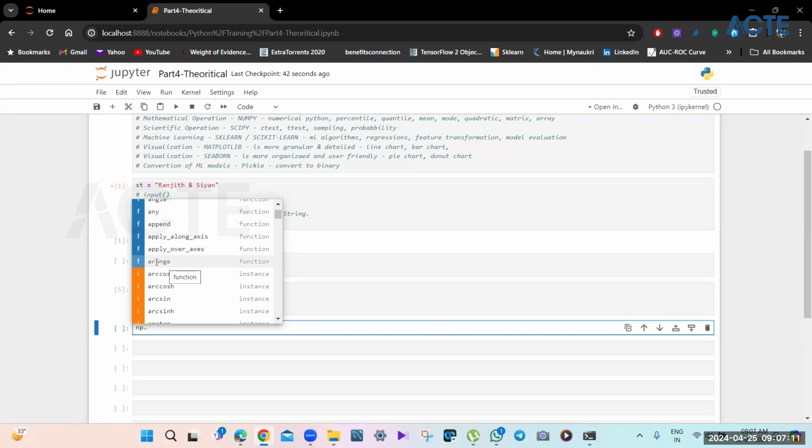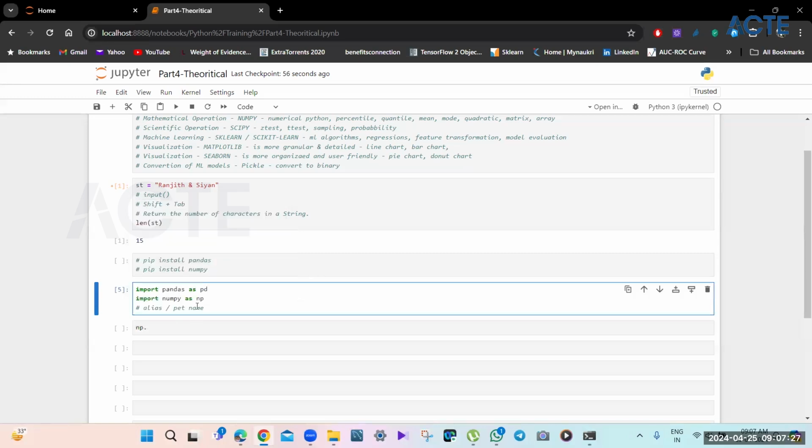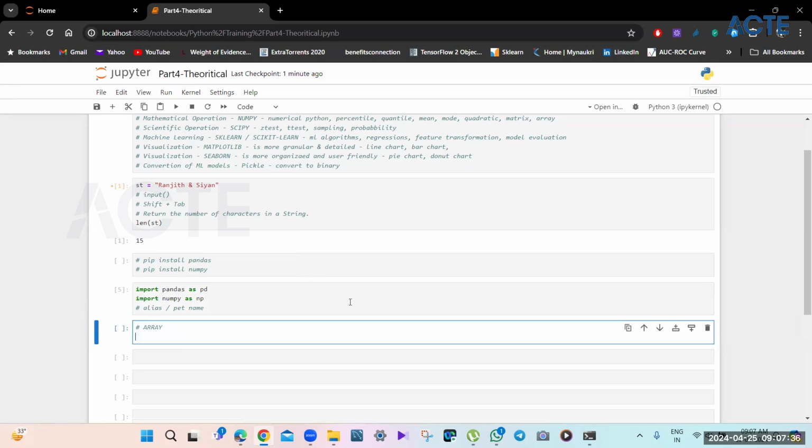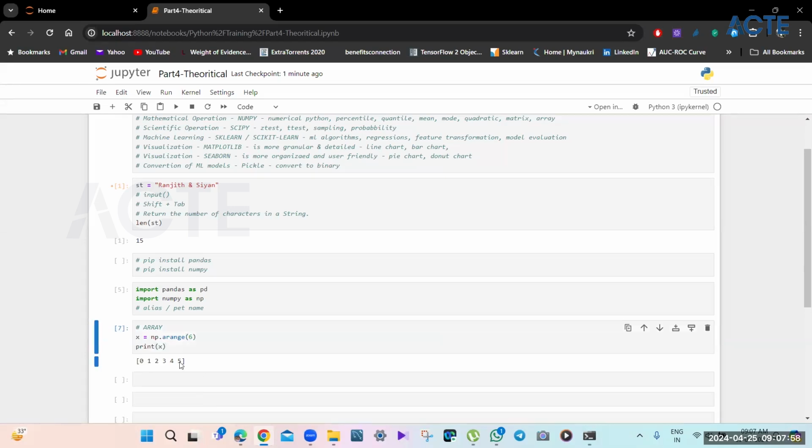So we have seen range, right? Range will help you to decide the starting point and the end point. Now, A range is something that does the same, but for arrays. Now, what are arrays? Arrays are another type of data type which are used only with NumPy. So every time the name is array. Let's use arange of, let's say, 6. X is equal to that. Now if I print X, this looks like a list to me. So let's see what is the data type. So type of X, what is the type of X? Now it's saying it's a NumPy ndarray.